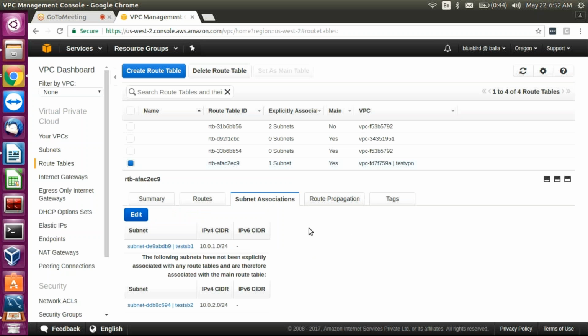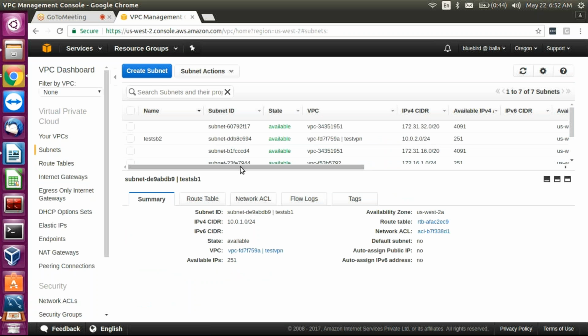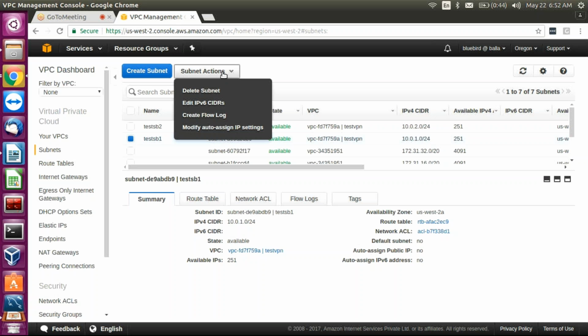I have added one subnet and the other subnet is not selected. Now I'll go to subnets. So I added subnet 1, and in subnet actions